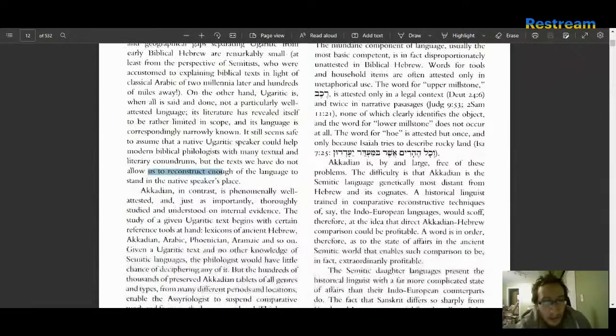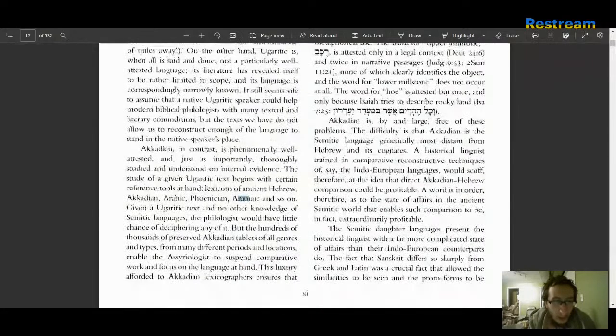Akkadian, in contrast, is phenomenally well attested, and just as importantly, thoroughly studied and understood on internal evidence. The study of a given Ugaritic text begins with certain reference tools at hand: lexicons of ancient Hebrew, Akkadian, Arabic, Phoenician, Aramaic, and so on. Given a Ugaritic text and no other knowledge of Semitic languages, the philologist would have little chance of deciphering any of it. But the hundreds of thousands of preserved Akkadian tablets of all genres and types, from many different periods and locations,